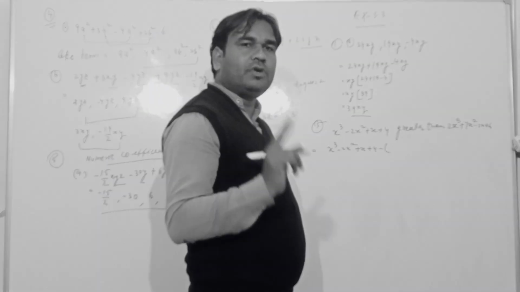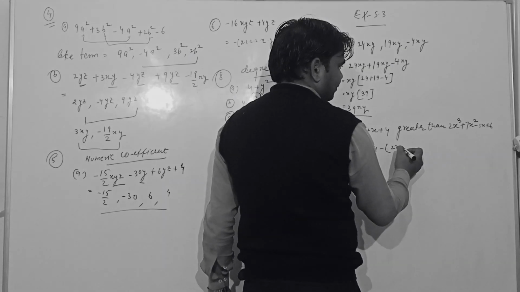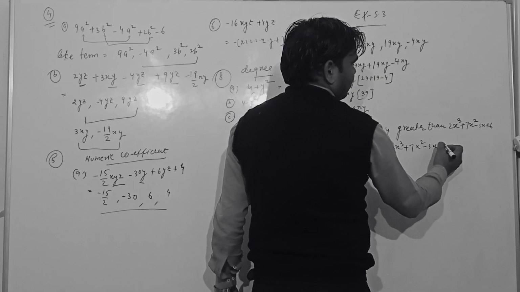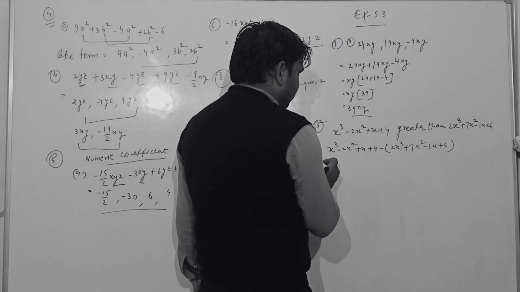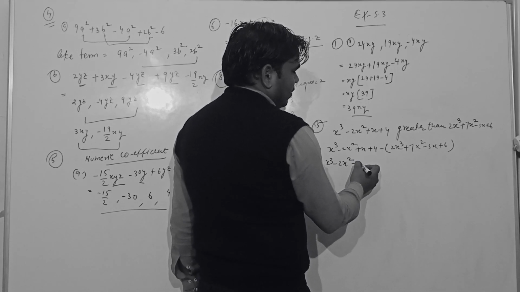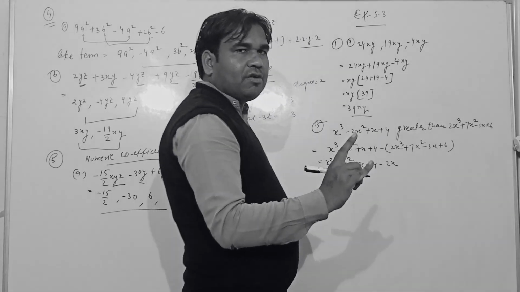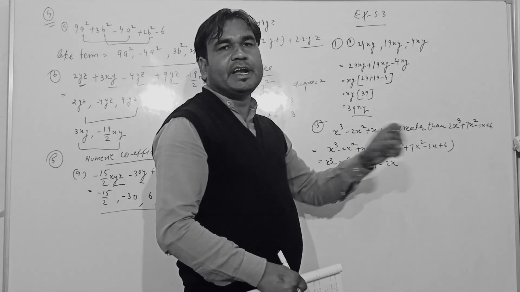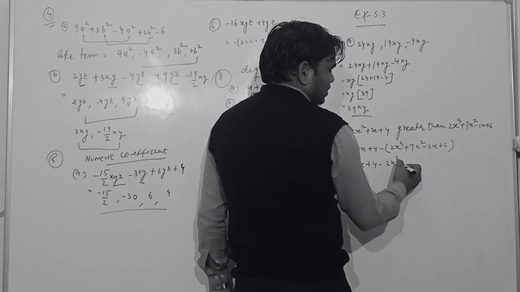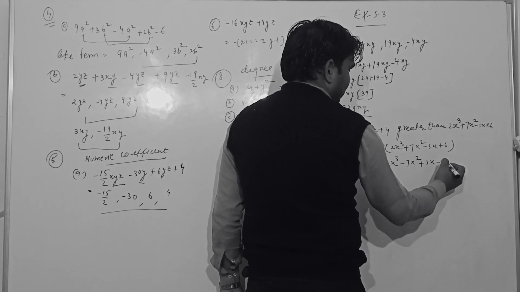we have to put a comma, the second expression before 5x plus 6. So here you see, students, that is x cube minus 2x square plus x plus 4 minus the brackets, and in the second expression all signs are changed. So 2x cube minus 7x square plus 5x minus 6.